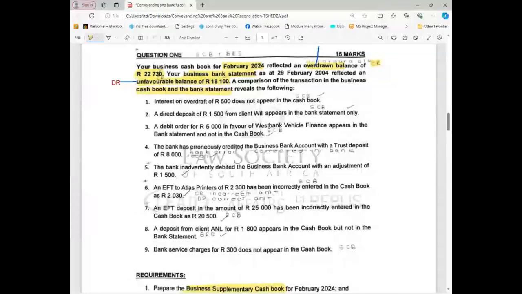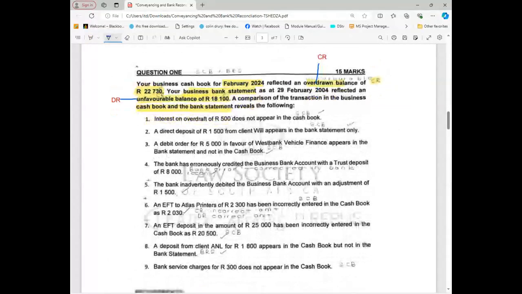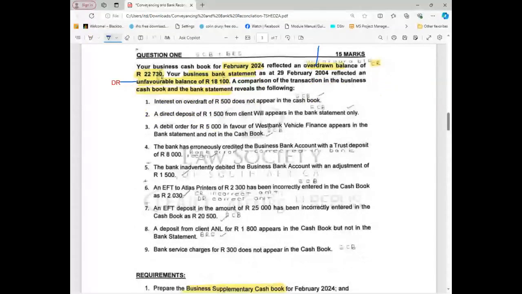In a nutshell, usually when they say something is appearing somewhere, it means it is not appearing in the cash book. Not appearing on the bank statement. Sometimes they will say something is appearing on the bank statement. In most cases, it will mean that it's not appearing in the cash book. So this will help you. But sometimes